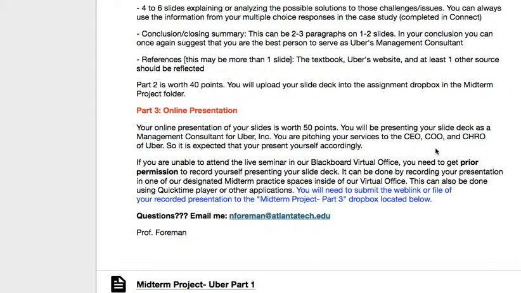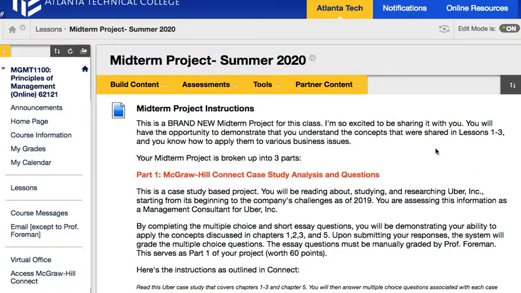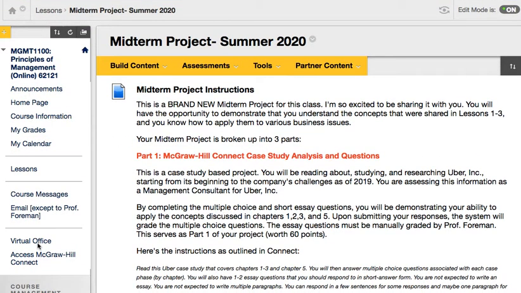Option 1 is that you meet me during our designated presentation time, and we'll be in the virtual office space where you will present either your PowerPoint or your Google slide pitch deck to me. And option 2 is you get permission to record yourself in the virtual office, and you then upload that recording for a grade. And I'm going to show you both options. So let's go ahead and go over to our virtual office,